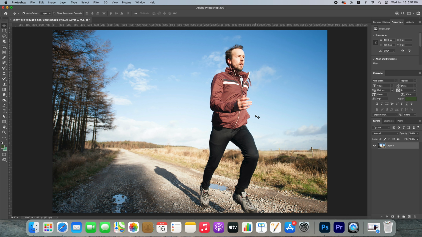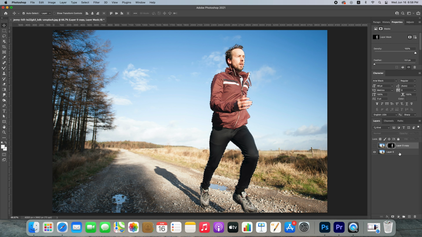So guys, let's try Puppet Warp on another image. So like before, just create a duplicate layer by Command J for Mac, then go to Properties and from here remove background. So now hide the layer and by holding Command just select the mask.